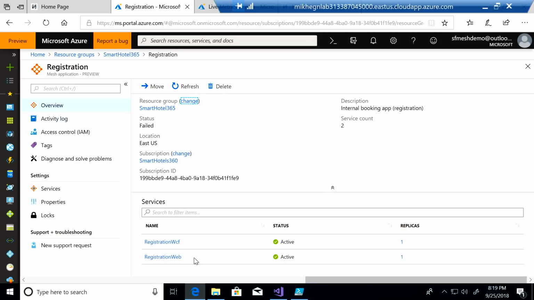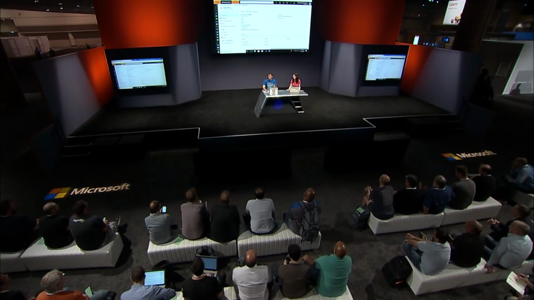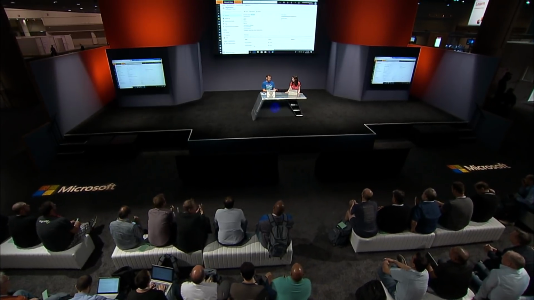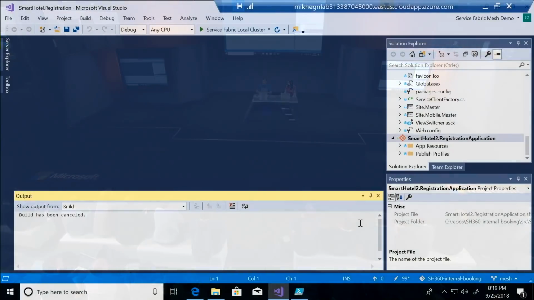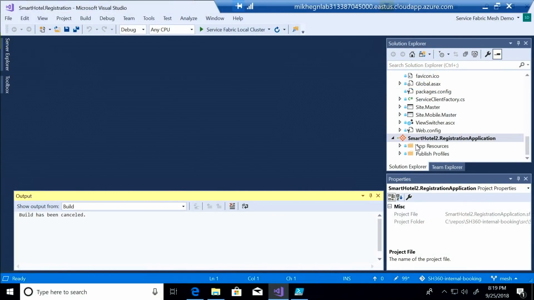I have to be honest, I am really impressed that you were just able to bring your code in and run the app. But what if I need to then update that app or add new functionality? How does that work? Yeah, it's actually incredibly easy. For those who are familiar with Service Fabric, you can go back in, and with that Service Fabric Mesh solution, you didn't really need to understand Service Fabric. You're just converting it and deploying it, and we've got it. Just hitting a button. Hit a button, that's right.